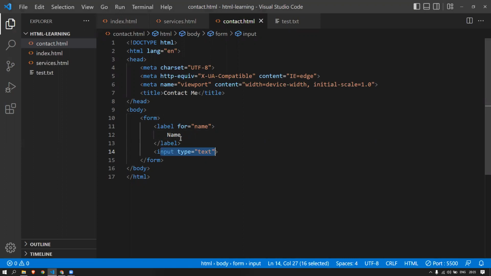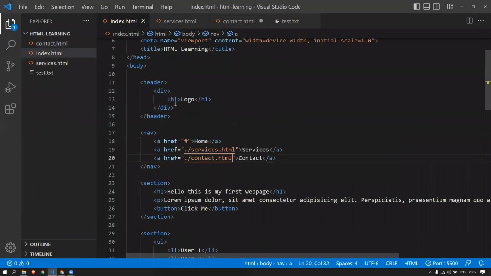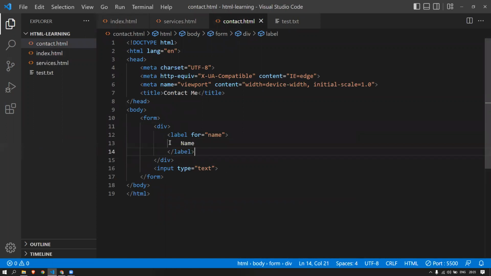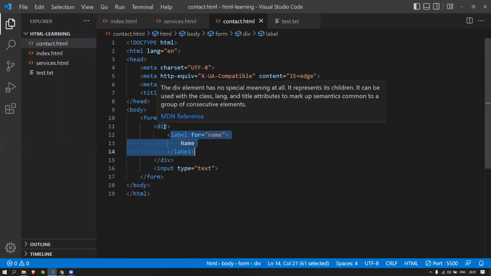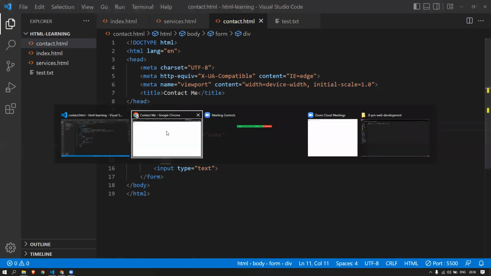To do that, I'm just going to take this label. I told you that the div is a block level element. This div is a block level element that takes the total available space. So I'm going to have the div here. Inside the div, I'm going to put my label. So now this is an inline element, but its parent is a block level element. This div is going to take the full width available, so another element is going to start on a new line, right? If I come back here, you see the name takes the full width available, and another element started